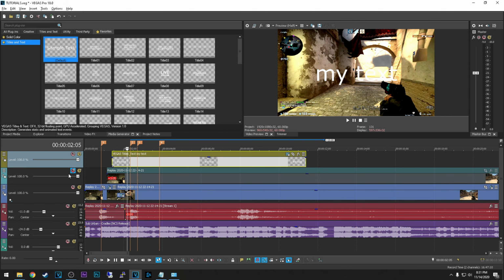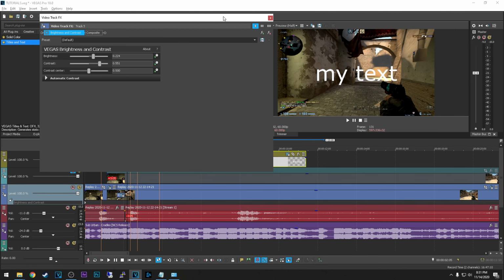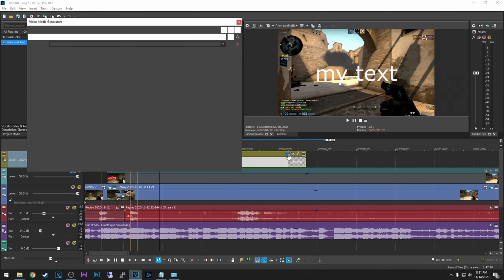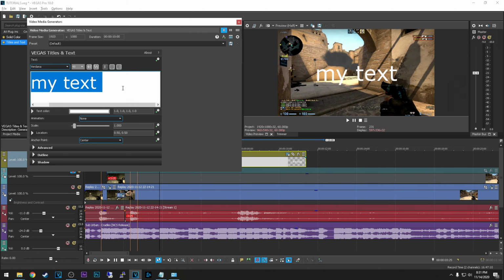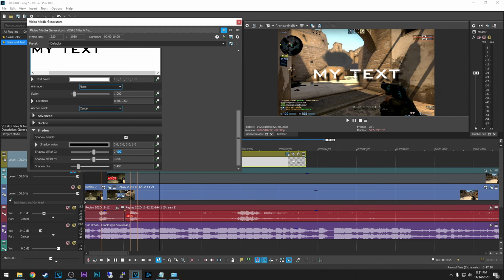Okay, so I'm going to disable this effect a bit because it's annoying. Right, so for the text settings, I'll just leave my text here. You can pick whatever font you want. Let's say I like this one. And there are some settings like for shadow, which looks great. Add it like that. I need to change the settings a bit, like this. Okay, looks a bit better now.